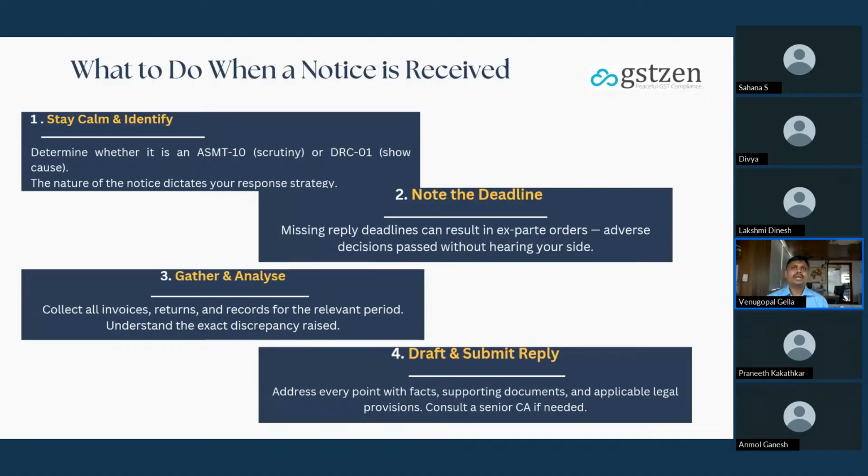Now, this notice or order, you have to look at it, firstly: is it talking about additional tax collection, or is it talking about reversal of ITC? Is it talking about a valuation issue, classification issue? Is it talking about the time of supply, place of supply? Look at the different ingredients in the document. Now, there are evidences. So is it basis the evidence which they have collected or the evidence they have issued? Is my response in line to that, is what you have to see.